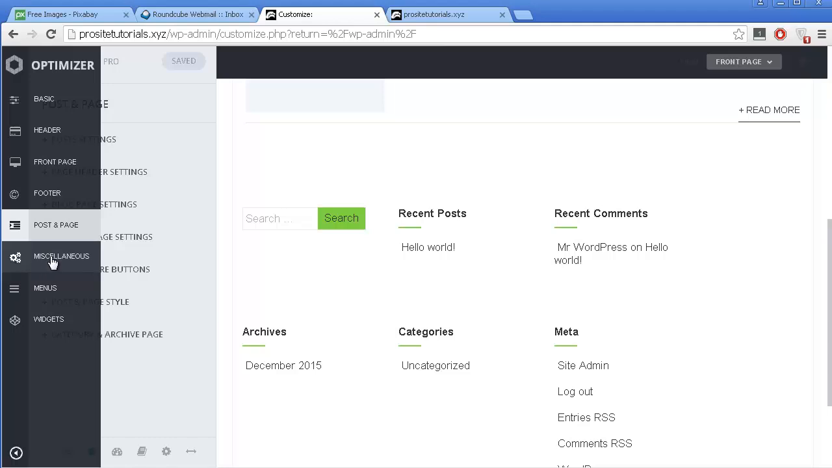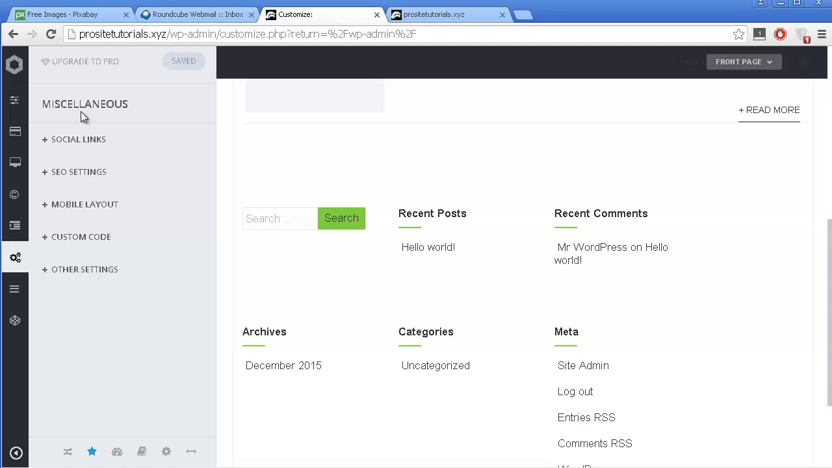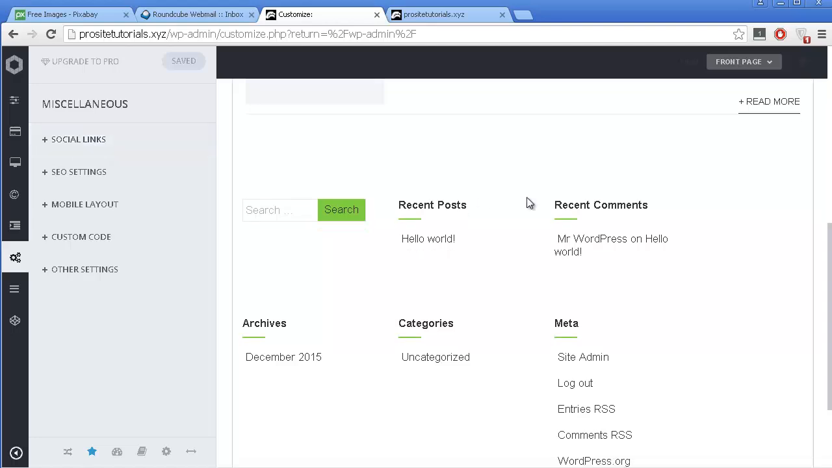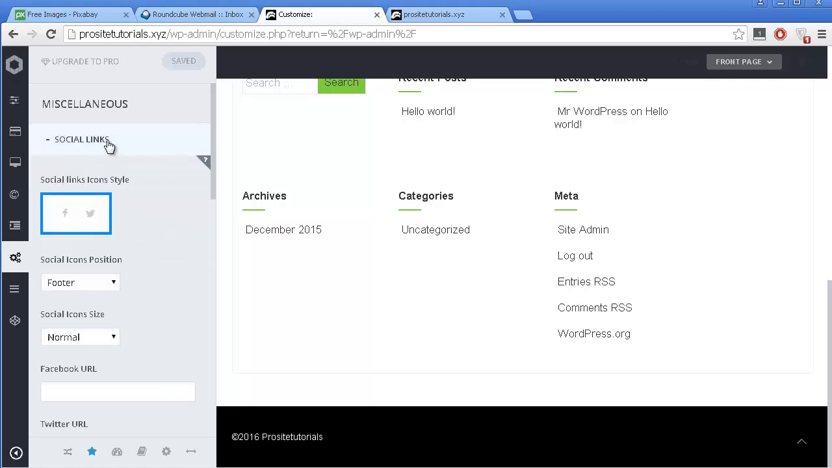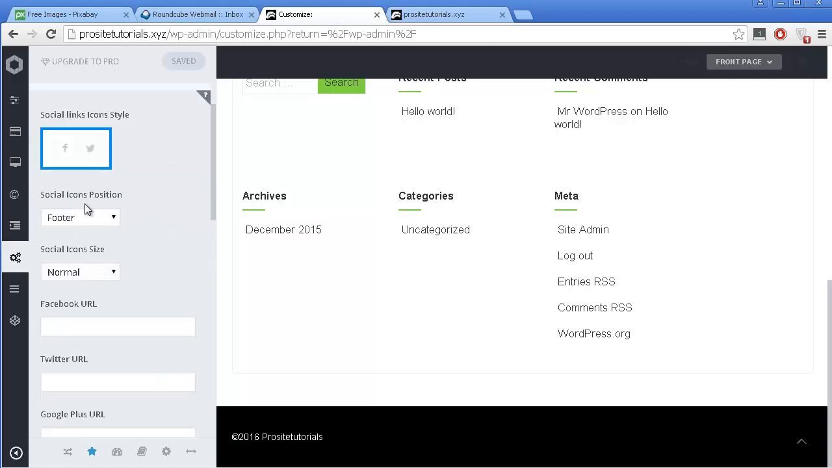And let's go to Miscellaneous. I cannot say this word. And you have the social links. This is also a really good option. Social links allows you to have some links to your Facebook, Twitter profile on the footer section of your website. So I'm going to click on social links, footer,